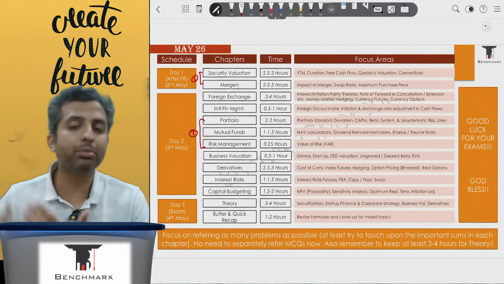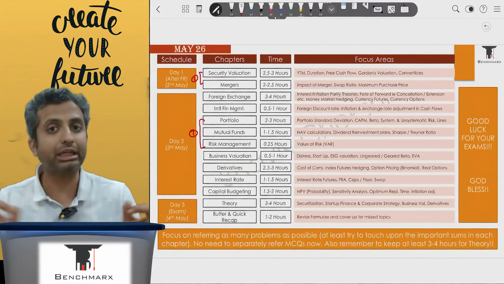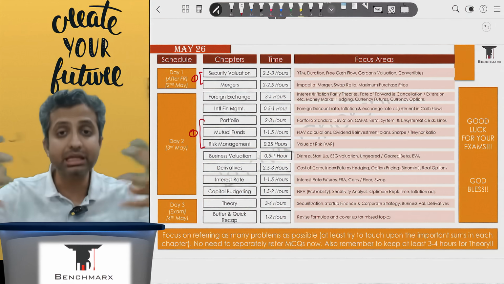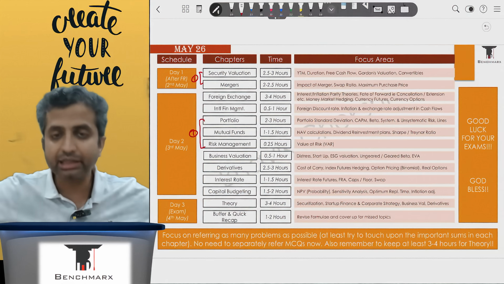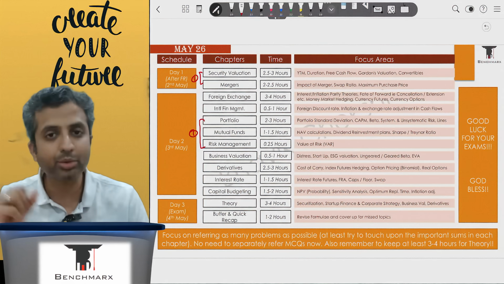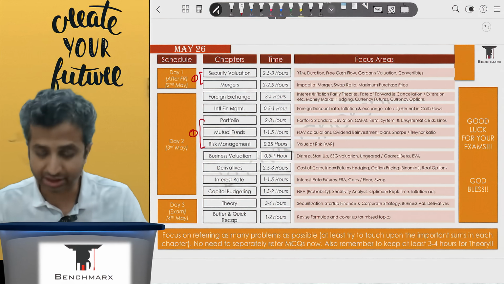You may not be able to complete everything unless you are a superhuman in this span of time. So at least focus on your important LDR questions. In that way, you are covering at least the length and breadth of the subject. And if you have marked or highlighted something which is important, just touch upon that.